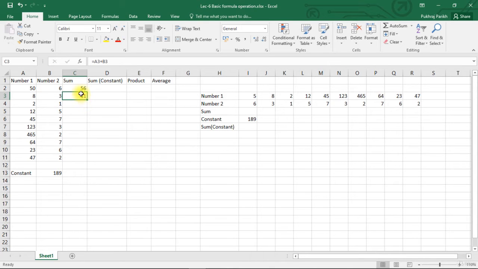In the formula bar, we see that automatically it is adding A3 and B3 now. We entered the formula in C2 for adding A2 and B2, but when we extended the formula, it was automatically updated to A3 and B3.